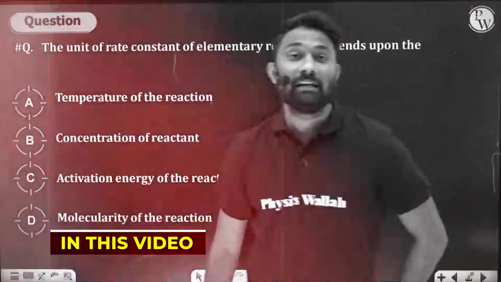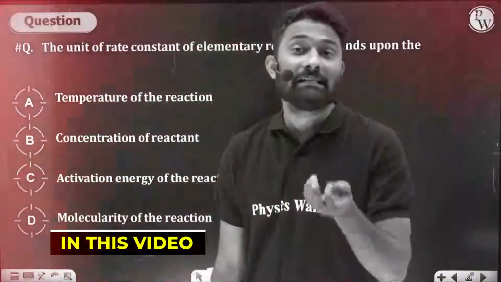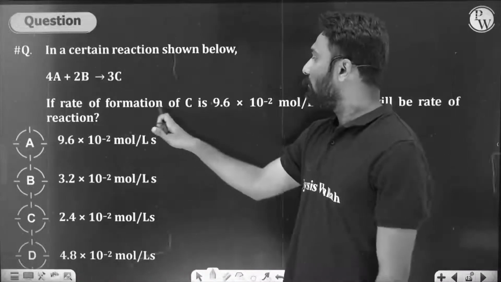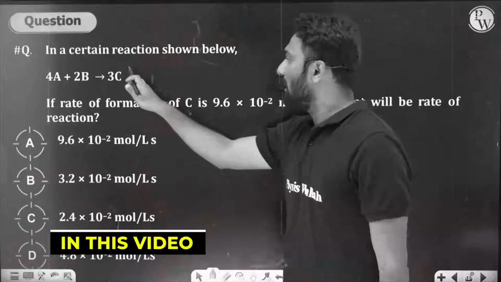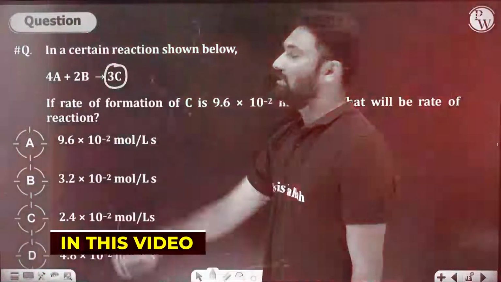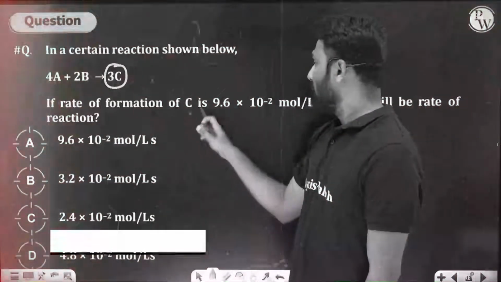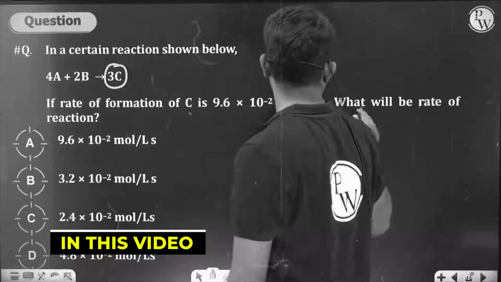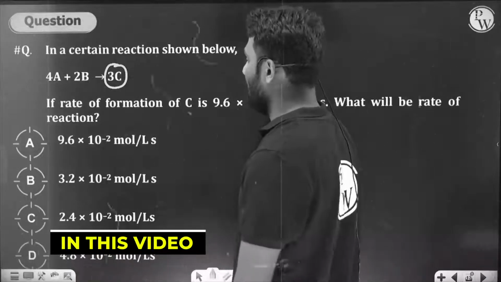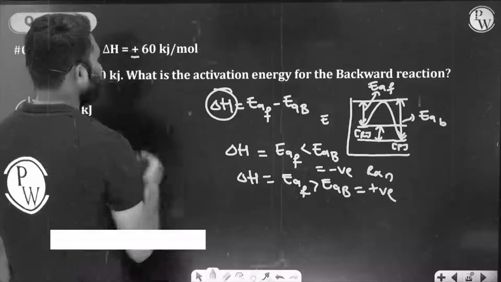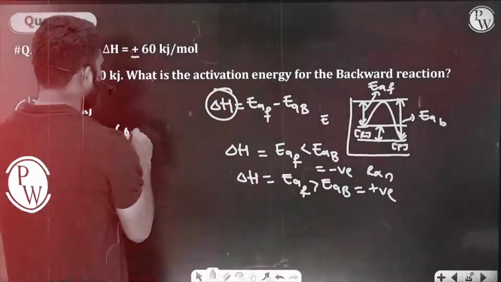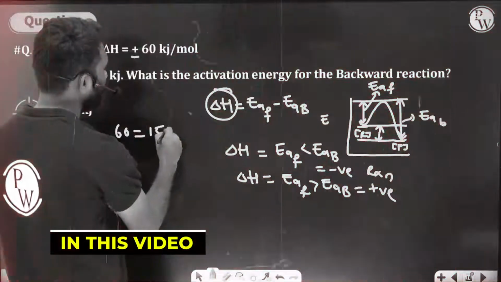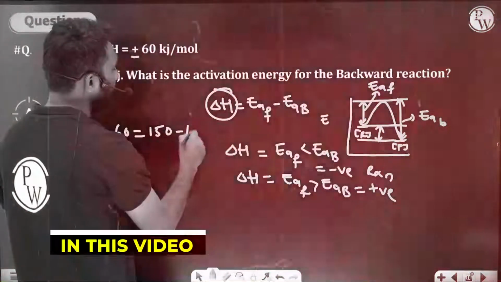Elementary reaction means it will complete in a single step. The rate of formation of C, this is the rate of formation. Now it is 9.6 into 10 to the power minus 2 mole per liter. What will be the rate of reaction? What is delta H? How much have they given? 60. Plus the activation energy of the forward reaction they have also given, 150. They are asking the activation energy of